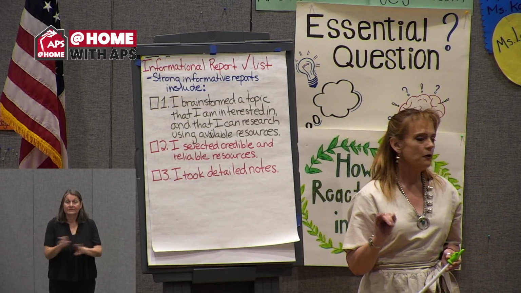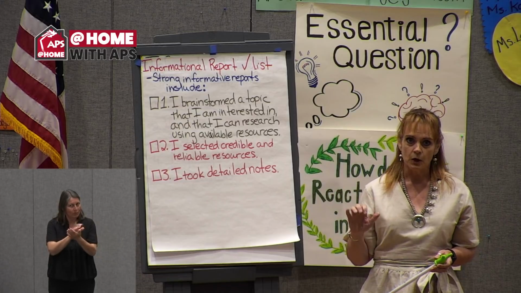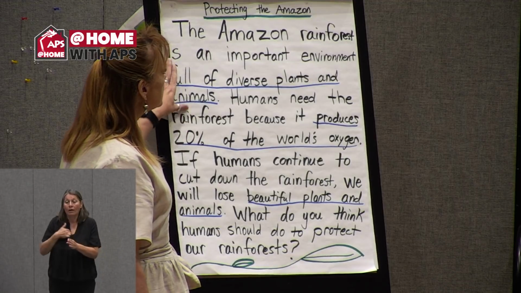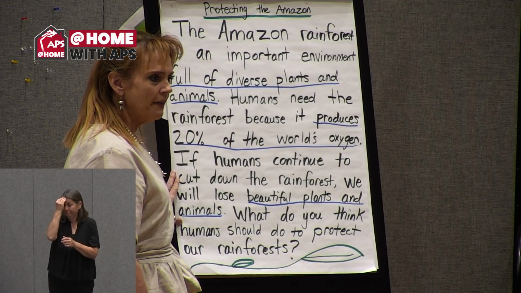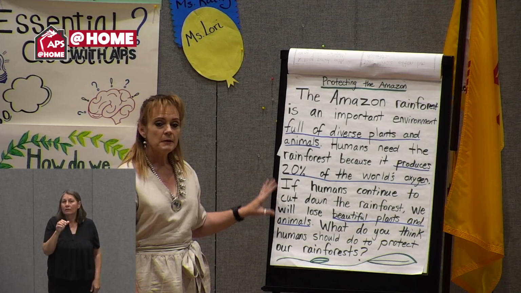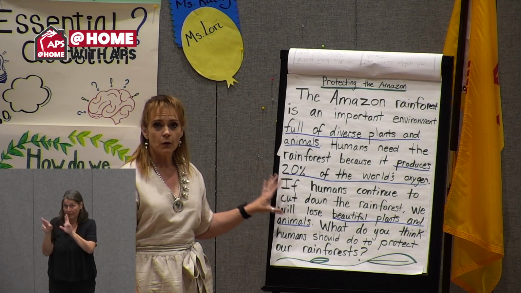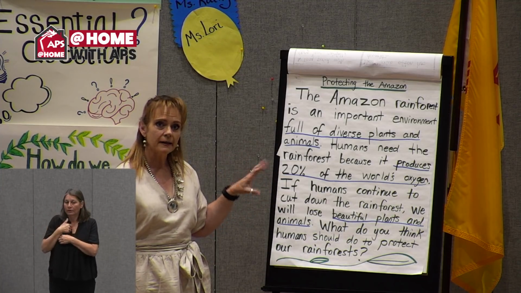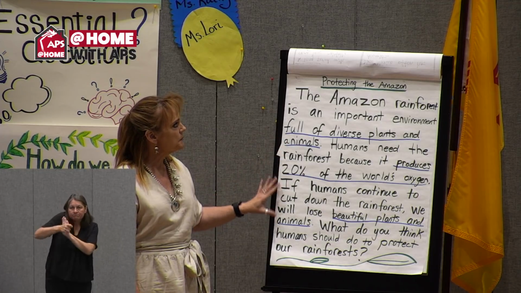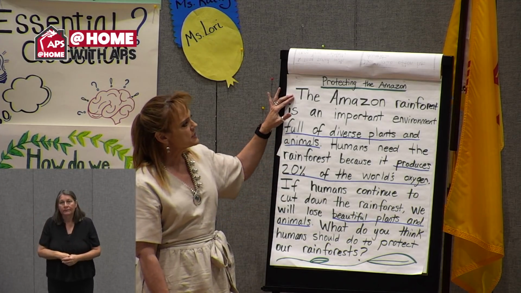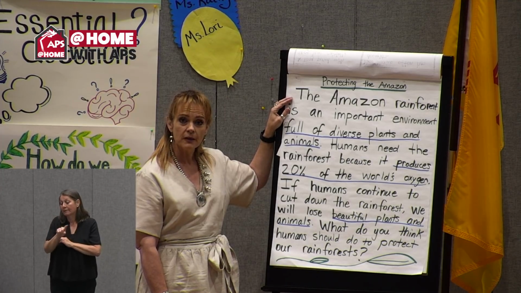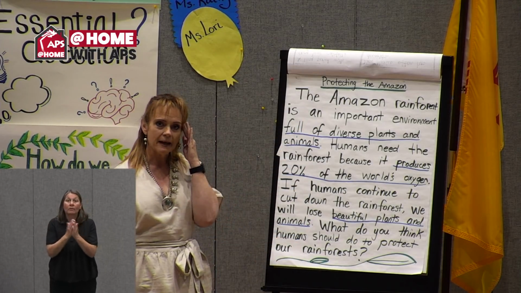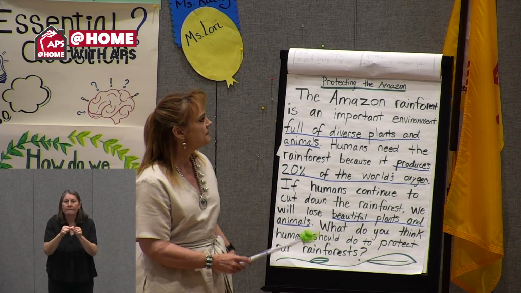Hopefully you have your journal out. Hopefully you've done all of your work. So before we go on, I do want to refer back to the lovely report that Miss Kathy wrote yesterday on the book that she read, because this is exactly what we're going to be doing: we're going to be working together to learn how to write an informational report. And that's basically what Miss Kathy did. So she chose the Amazon because it was the book that she read with you. And I'm going to read it to you again so that it's fresh in our mind, about the things that she found important.